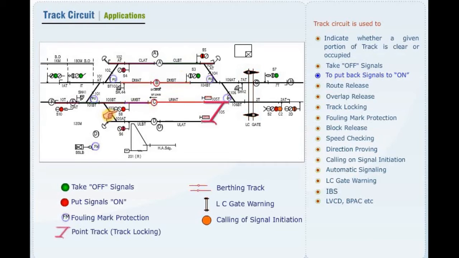It is also used to put back signals to on. Apart from these, there are several other applications like route release, overlap release, track locking, fouling mark protection, block release,